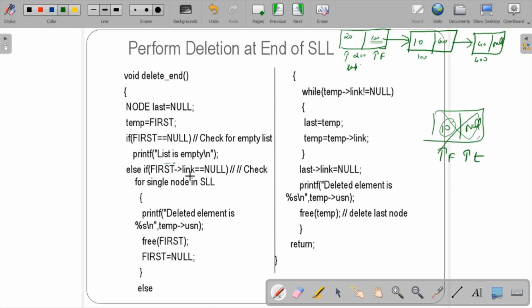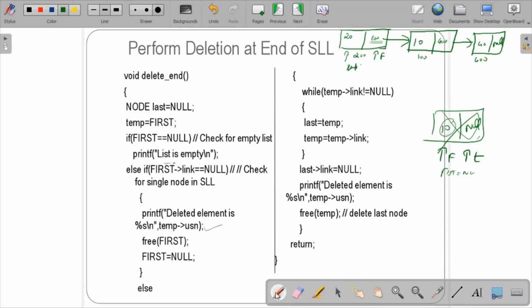Free first means this node has been deleted. Nothing is there, just everything is null.